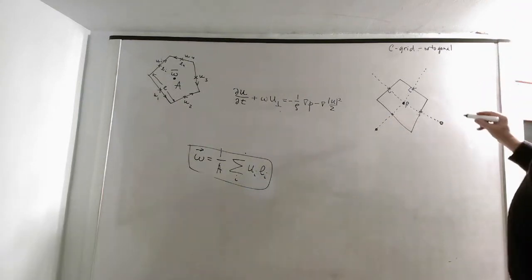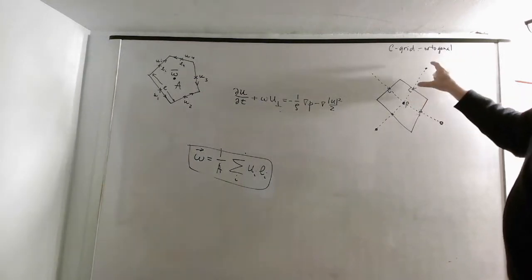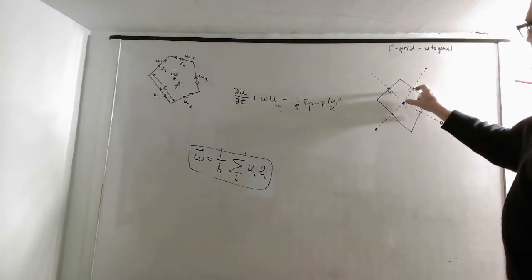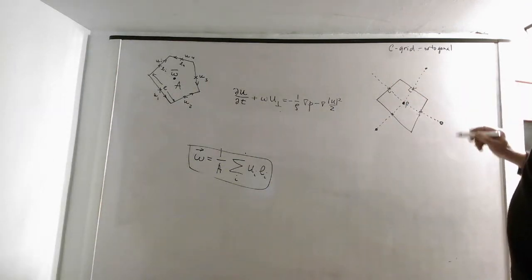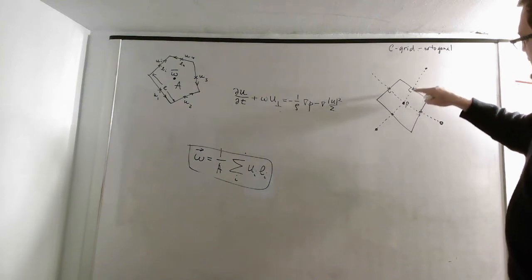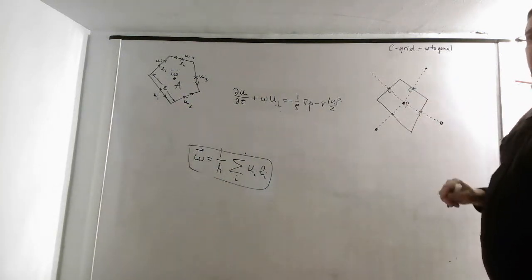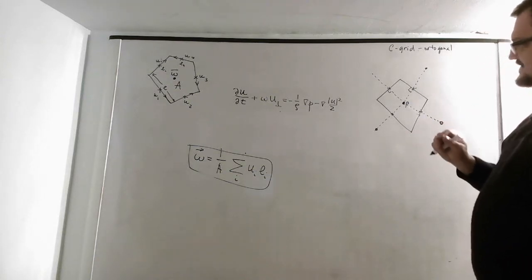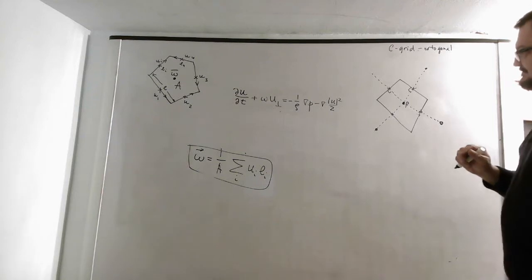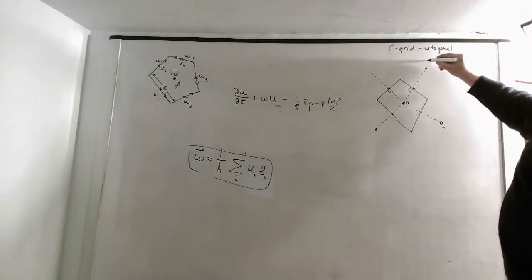Here's another P. These distances to another P may not be the same, so it's not that this distance equals this distance. It can be arbitrary, it can be different. But what is important is that they intersect more or less perpendicular to those edges. It may not be exactly perpendicular, but close enough that we could use this method for that. So these are P's